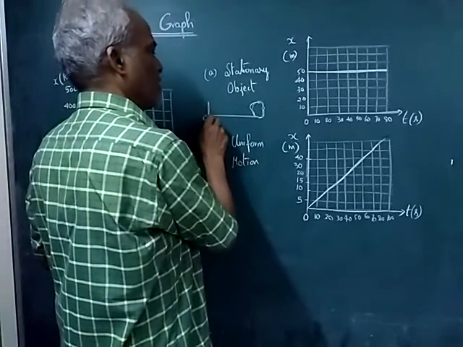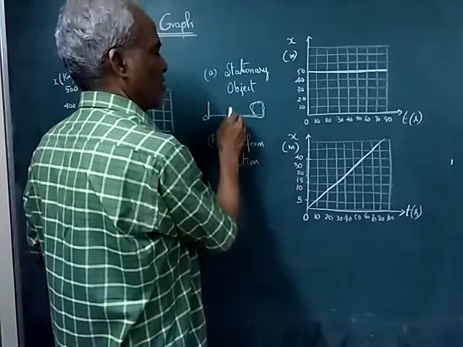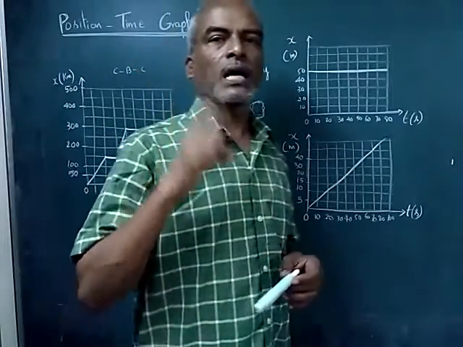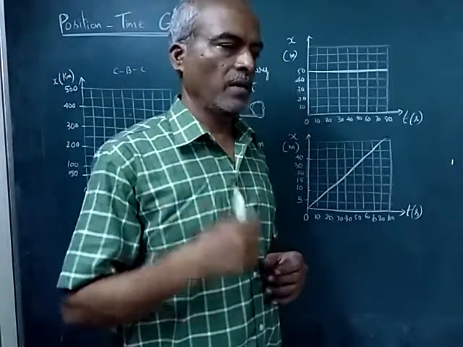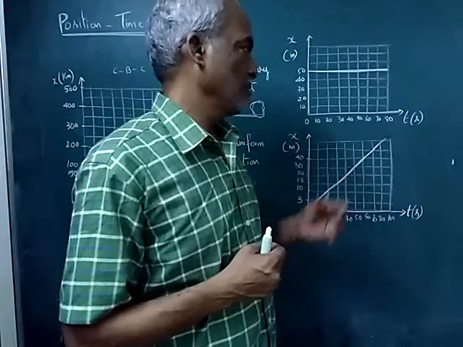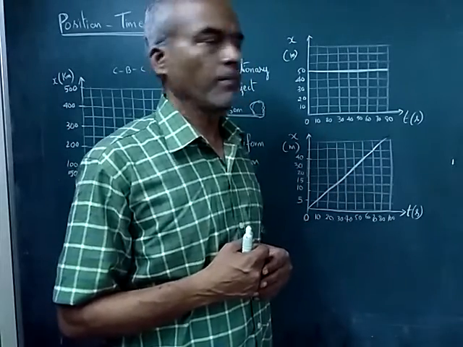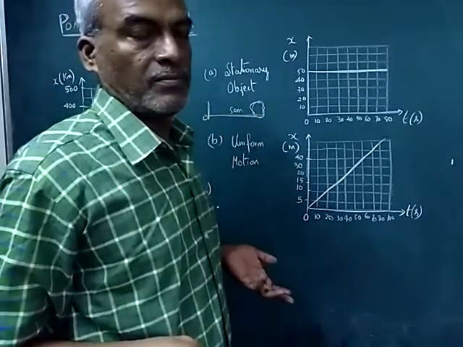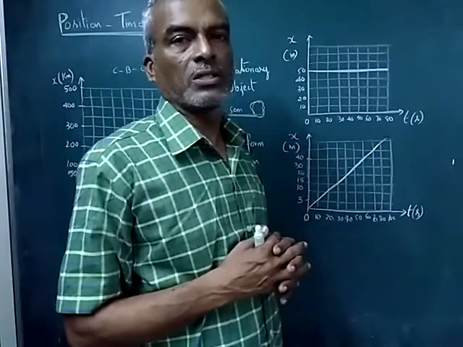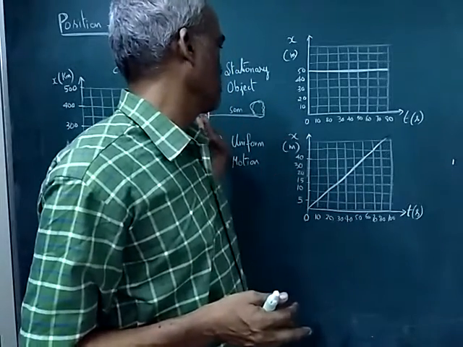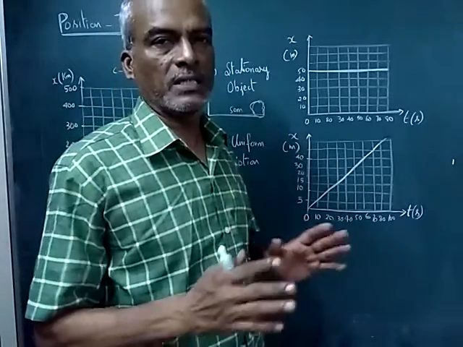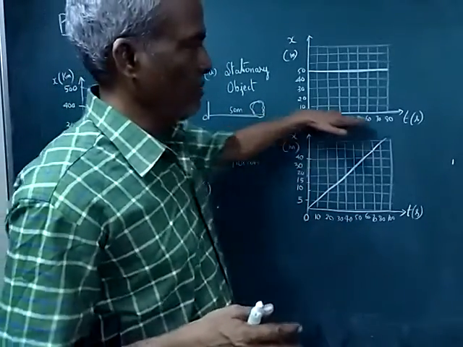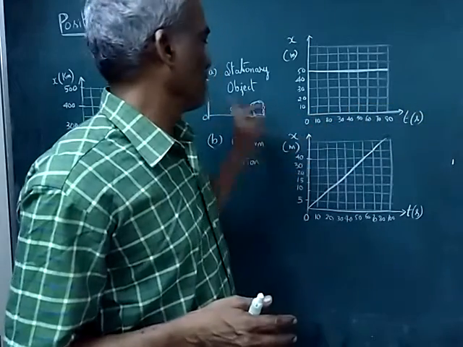From this reference point, the rock is at a distance of 50 meters. Now I start my counting, that is, I initiate the time so it starts running. Will this distance change? Time will start moving, that's all. The distance from this point to the rock is always 50 meters only, it is not going to change. That means the time may increase, but the distance is 50.